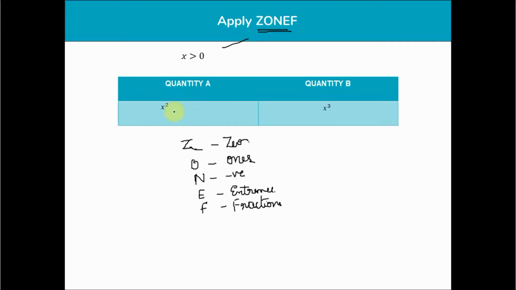Also, suppose you have this question: quantity A is x, quantity B is 1 by x. Again, do not go by instinct that x is greater than 1 by x, which is wrong. When you have a proper fraction, say 1 by 2, in that case quantity A will be less than quantity B. Even in that case, the answer would be option D, that is, the relationship cannot be determined. So please be very careful when you plug in numbers. Make sure that you go by this structured way of plugging in numbers so that you don't miss out on any value, right?